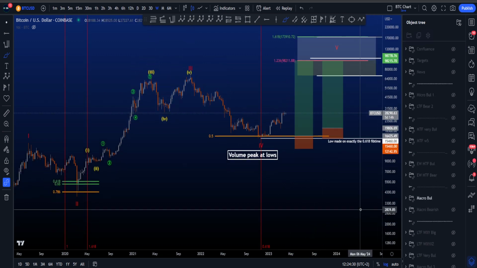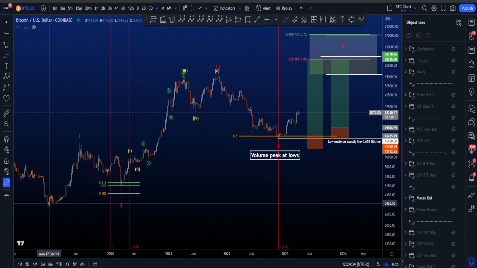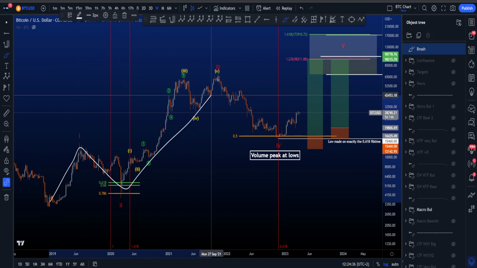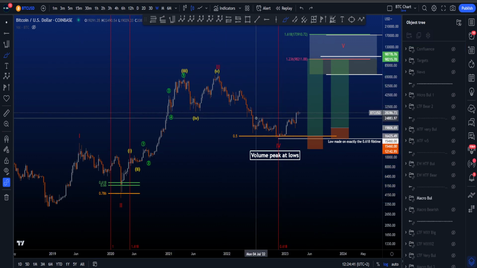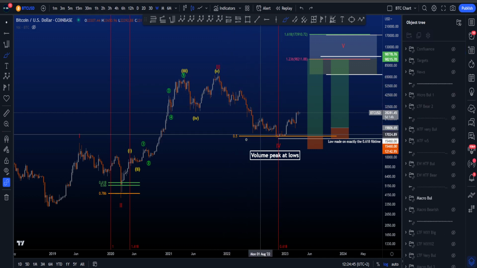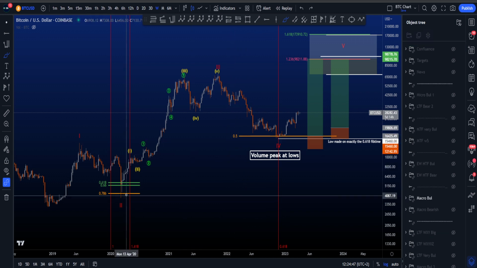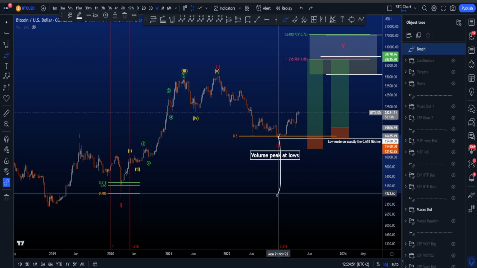However, my preferred scenario on the macro time frame at the moment, it just looks a bit better, is the bullish scenario where we have a 1, 2, 3 over here, 4, 5. In this scenario, wave 4 is a W, X, Y, X, Z, which I will show in a second, and wave 4 bounced on the 0.5 fib taken from the low of 2 to the high of 3,